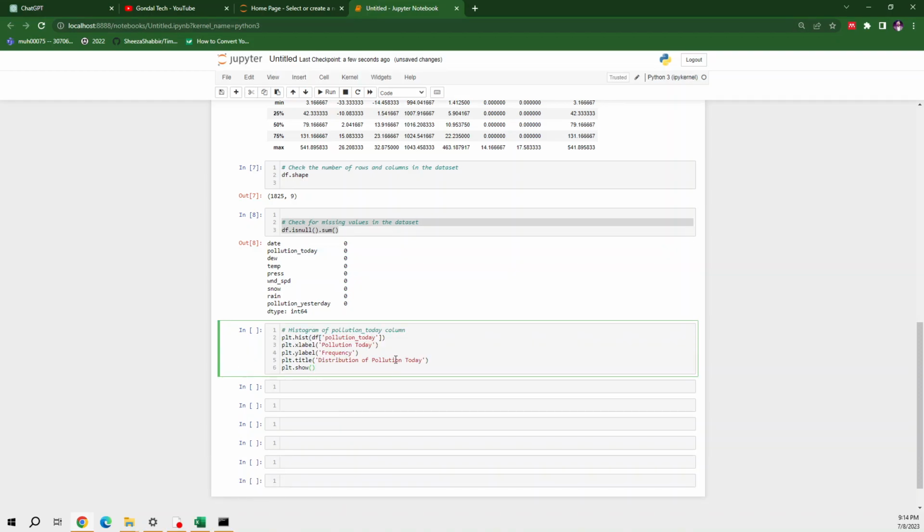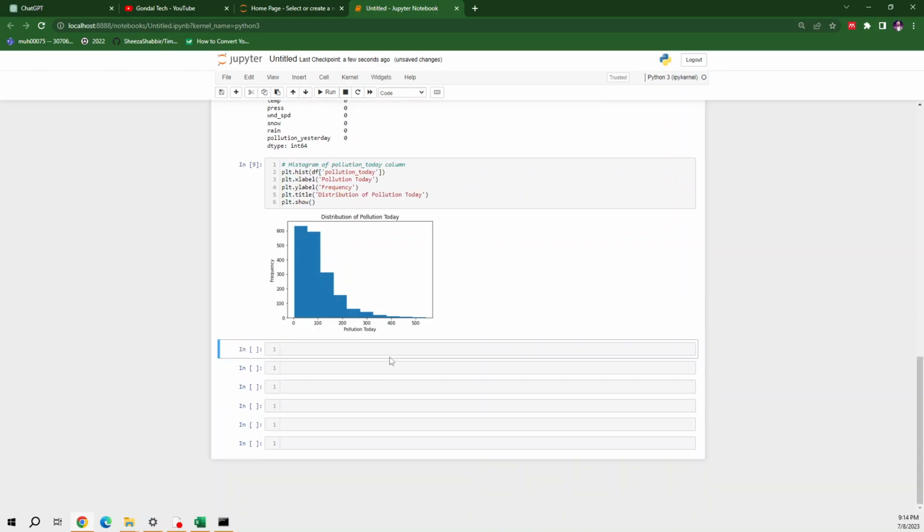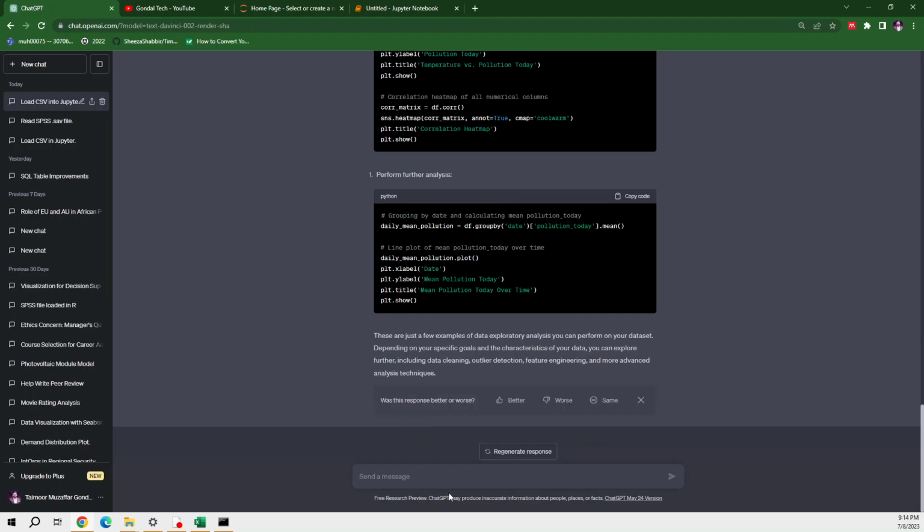Okay, simply I'm going to run this. Okay, this has made me a histogram of this, but I'm not satisfied with this. I want to change its color, I want to increase the figure size, but I don't know how to perform that. So again, I will copy this chunk of code and move back to ChatGPT,